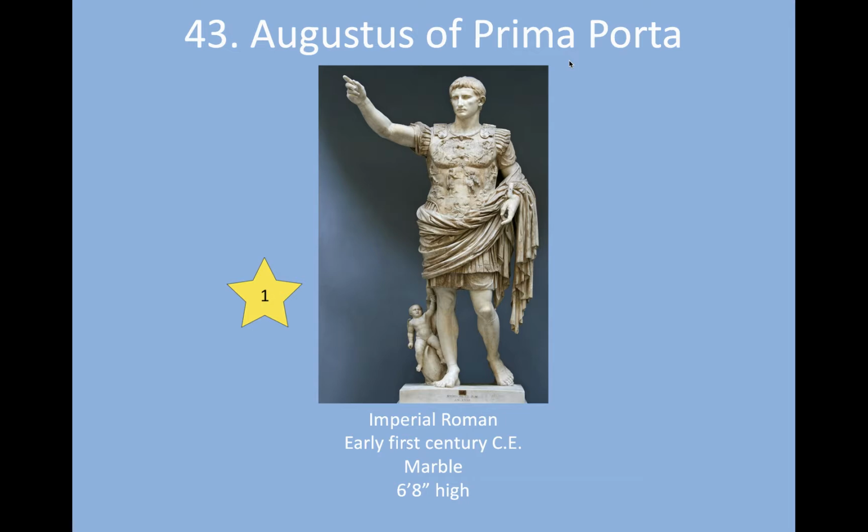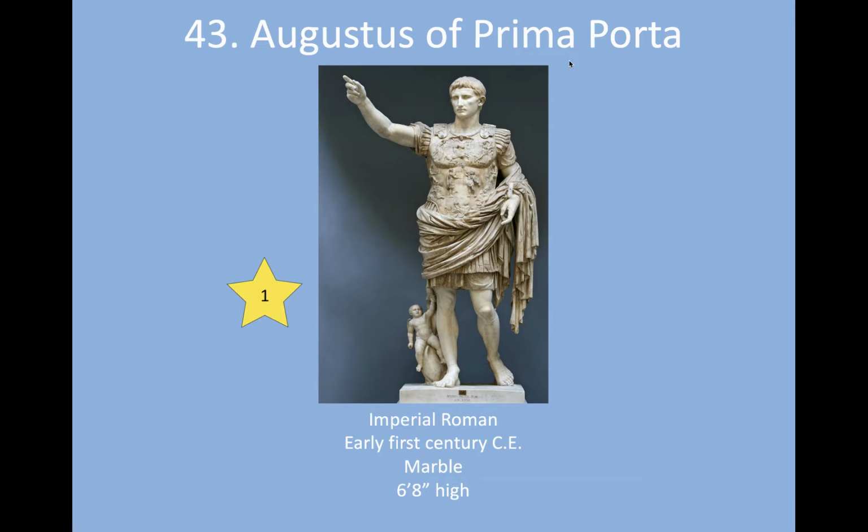And in thinking that he was godlike, what he wanted you to do was basically think that he was descended from gods. And that's when you go, but he wasn't descended from gods, right? But he wants you to think he is. And so there's a lot of iconography that goes on here that explains what this piece is and why it